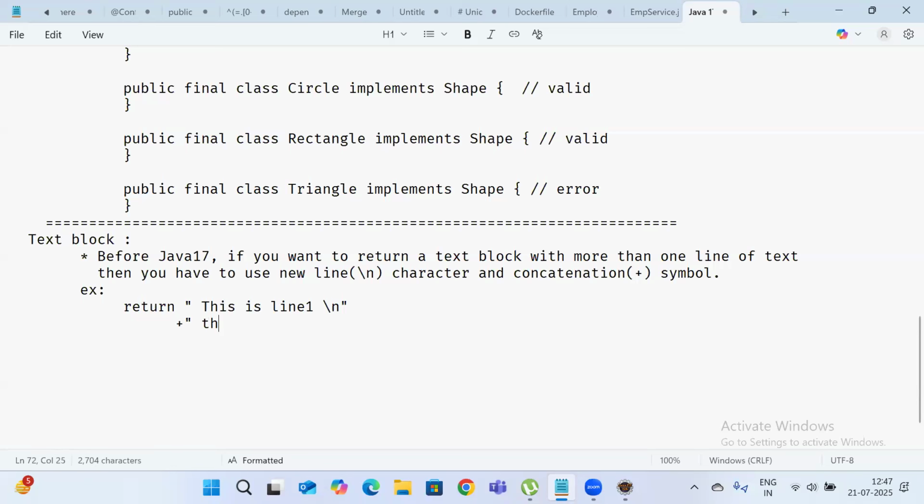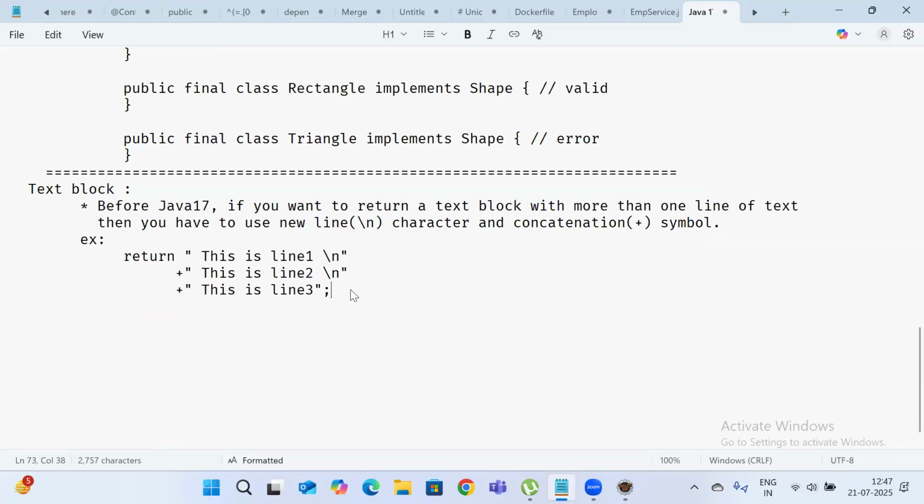This is line 2. New line character. Plus this is line 3. That's it. Okay. This is from before Java 17. But from Java 17, yes. From Java 17 plus,